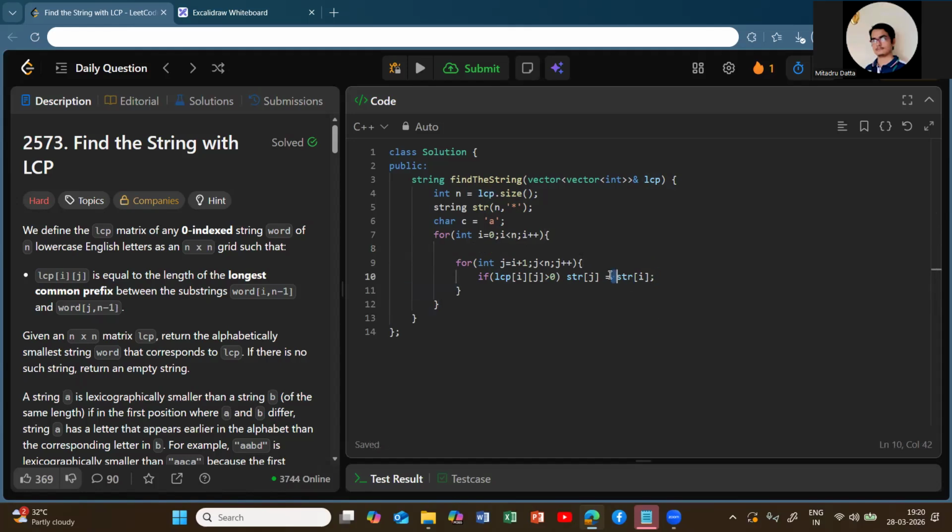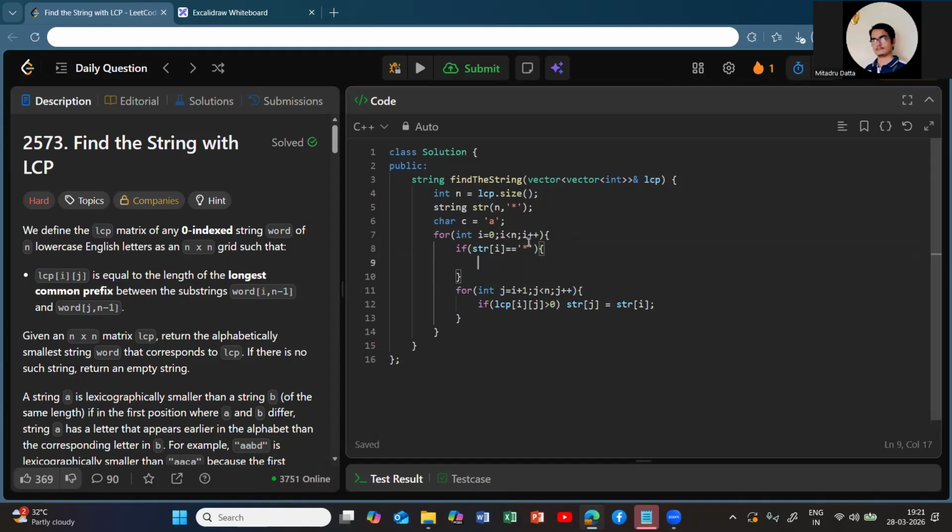If it is also star, what is the use? So if you check that if str of I happens to be star, you need to replace it. Okay, you need to replace it by what? Str of I